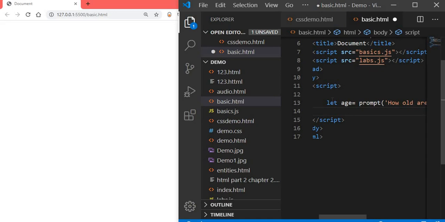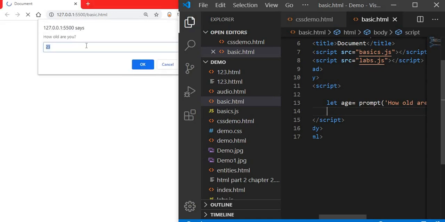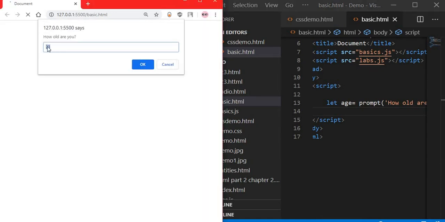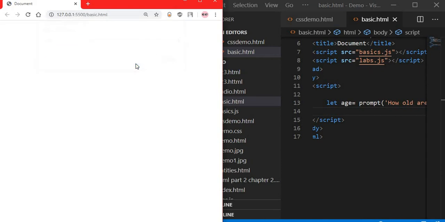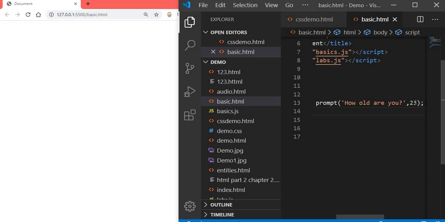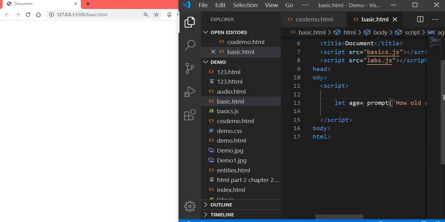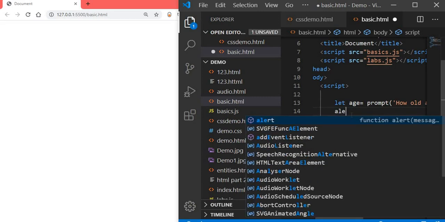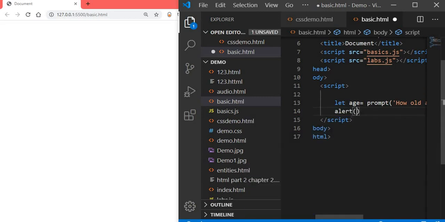So now prompt we have used, right? When I click Control A, you can see there is a pre-filled form which says 23, right? When you click OK, it vanishes. But what I want to do is, once it accepts 23 there, I'm going to put an alert message so that it should tell my age. So again, alert of my age is